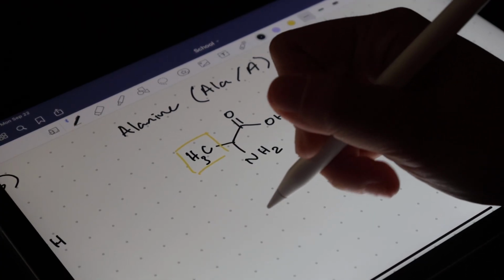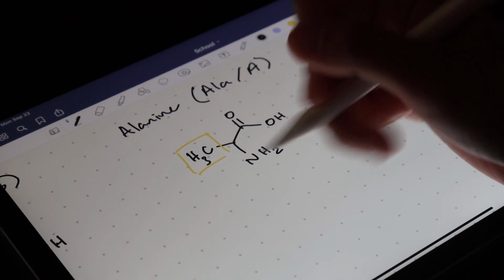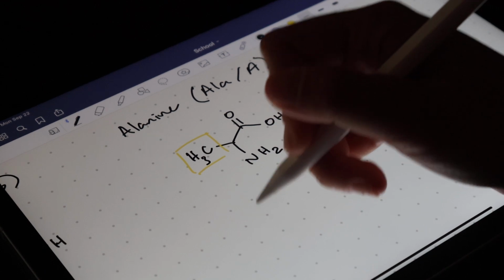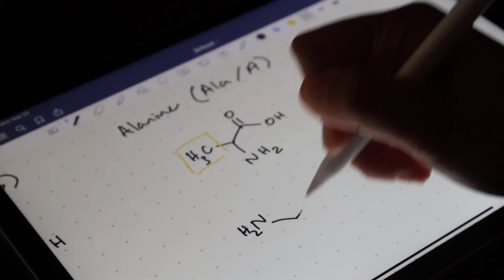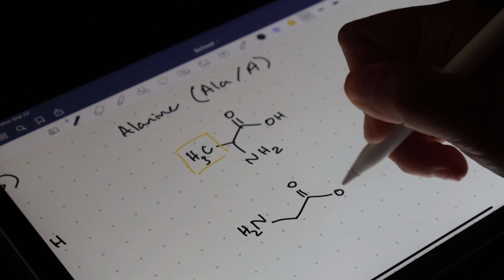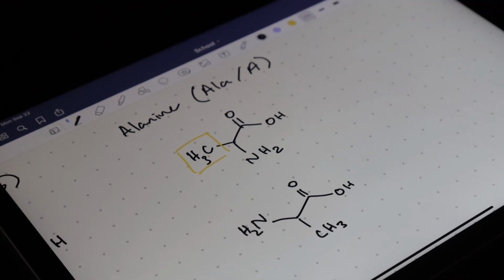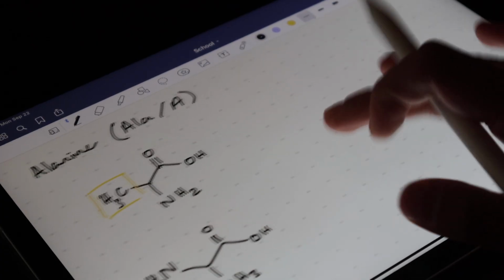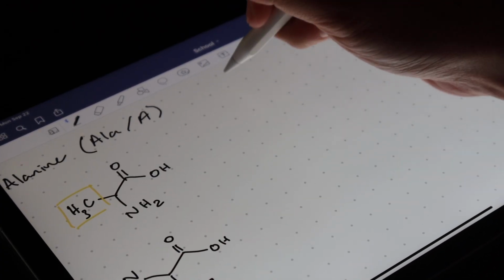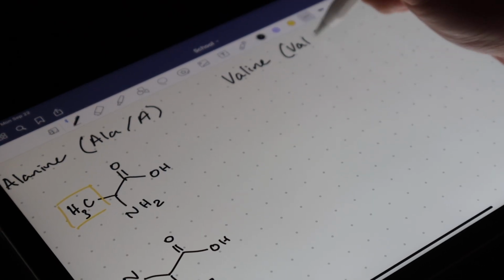A lot of people will also draw them with the amine and the R group flipped, which can actually make it much easier when you're drawing full polypeptide sequences. Because then you get the N terminus and the C terminus, so it's really probably better to do it this way. But anyways, next we'll move on to valine, VAL or V,